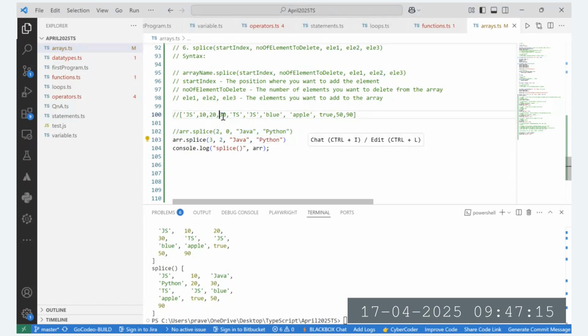So 30 and TS will be removed, and in place of this 30 and TS, this Java and Python will be added. So whatever elements you are deleting will be deleted from that start index. And if you are adding elements also, they will also get added at the start index itself, whatever index you have given over here. So now if you see,